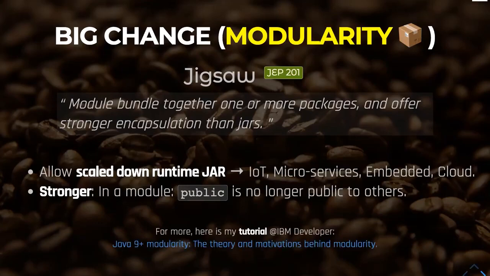And I know that you know, and here is also one big tutorial about the theory and motivation behind modularity, and how also you can migrate and make use of all the features of modularity if you would like to have it. Just click on the link and you will go for this. So I will not repeat this info. Whenever you see a link, it means it's clickable and you can visit for more information.